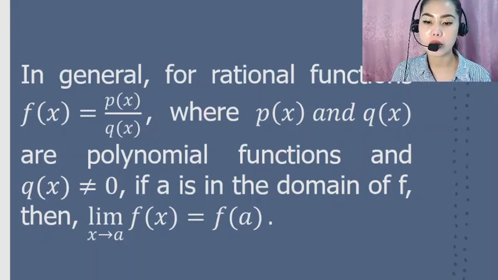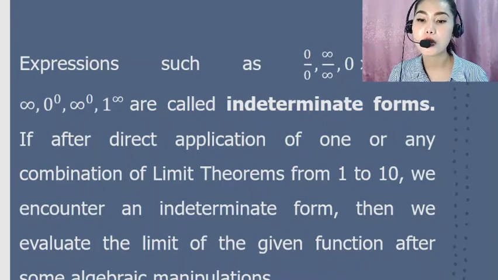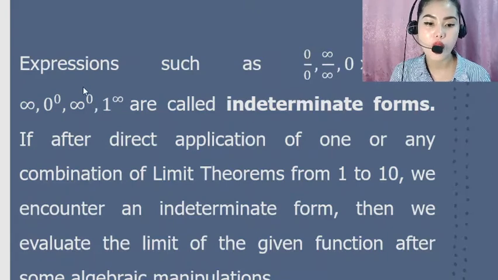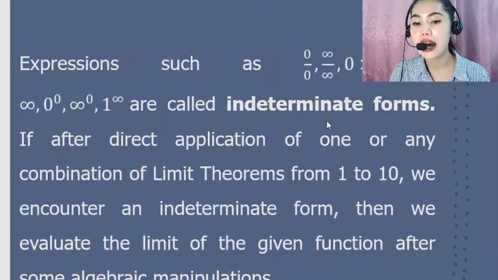If a is in the domain of f, then the limit of f of x as x approaches a is equal to f of a. Now, expressions such as 0 over 0, infinity over infinity, 0 times infinity, infinity minus infinity, 0 to the power of 0, infinity to the power of 0, or 1 to the power of infinity are called